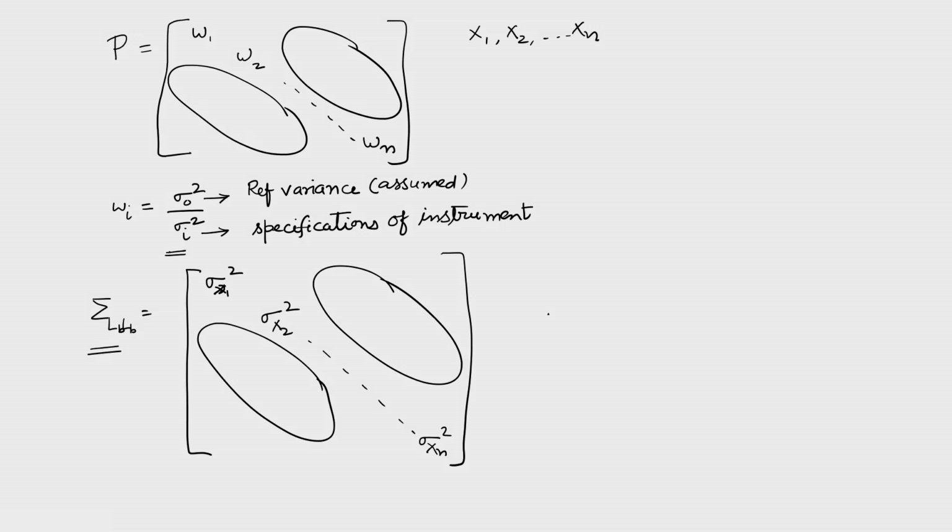So, let us look into another matrix called Q LB LB, that is called cofactor matrix, and it is defined as sigma LB divided by sigma 0 square, like this. So, I am dividing each and every element of sigma LB by a constant value sigma 0 square here, and as a result what will I get? I will get a P matrix as an inverse of Q LB. You can see here.